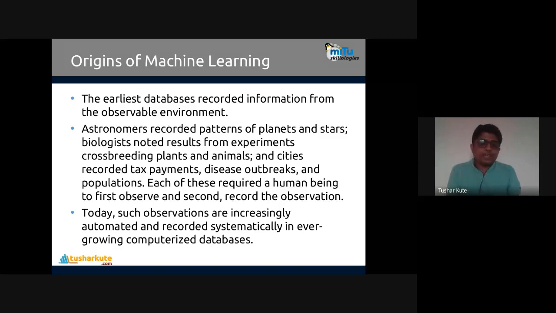Like astronomers recorded patterns of planets and stars. Biologists noted the results from experiments, or crossbreeding of plants and animals. Even cities recorded tax payments, disease outbreaks, populations. Everywhere we have some pattern. That's why a person who has seen many different situations will predict things accurately, because they have good experience of it.